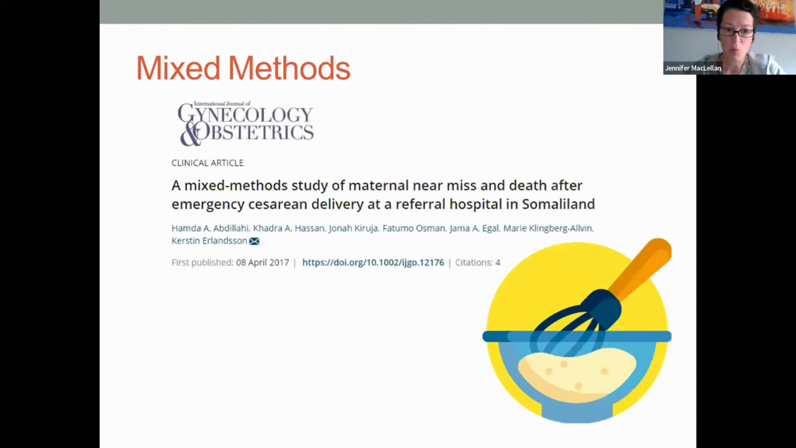Another interesting one was a mixed method study of maternal near miss. This was a hospital in Somaliland. So the professionals were extremely skilled at doing caesarean sections for emergencies, but they found that the complication rate was very high. So the women were still having serious bleeding or even dying. And they thought, this doesn't add up. So they did some qualitative work. They did interviews with the health staff, with women, and they found,